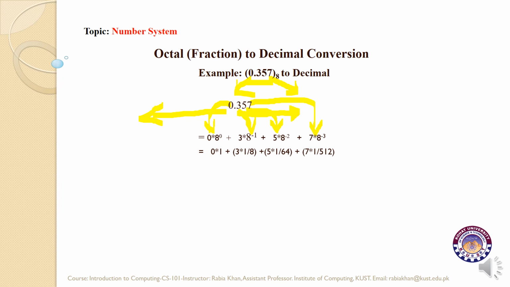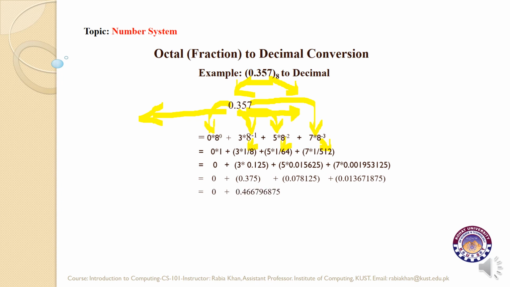8 raised to power -1 is 1 by 8. 8 raised to power -2 is 1 by 64. 8 raised to power -3 is 1 by 512. So after performing the divisions, these are the results, and after performing the multiplications, this is the answer. And when we add up these products, the result is this: